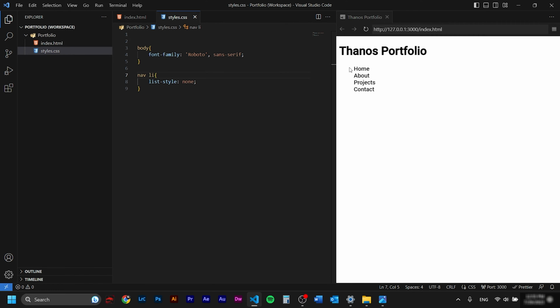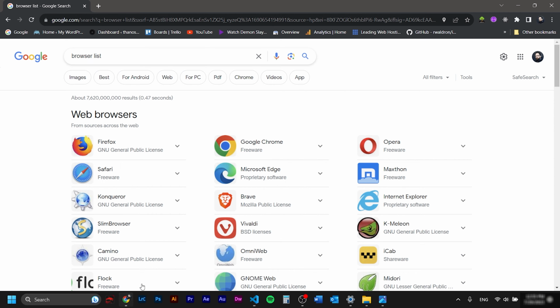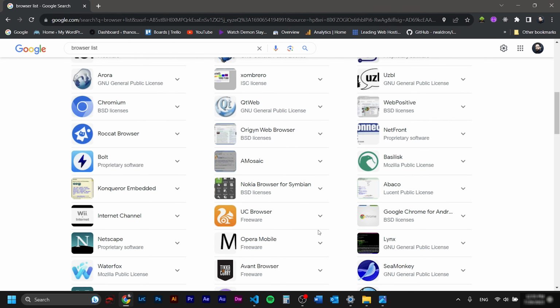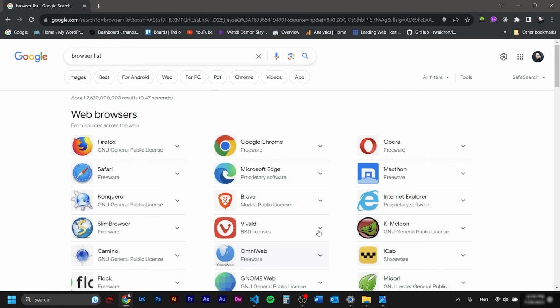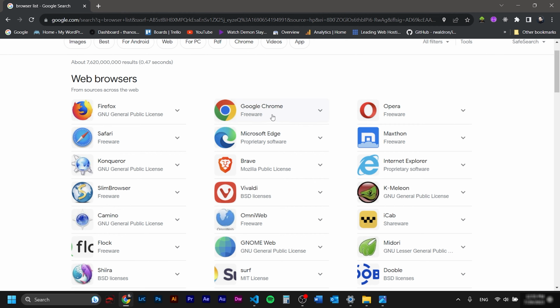You see how all the bullets disappeared, but we still have everything pushed to the right a little bit. This is a preset from HTML, but this is a very good point to talk a little bit about browsers. Even though most people use Firefox and Chrome, the list of browsers out there is very, very long. The problem is that every browser has different presets. So when you build a site and only view it on Google Chrome, it might look okay, but the moment you open it on Opera or Safari or even Firefox, some things are going to look different.